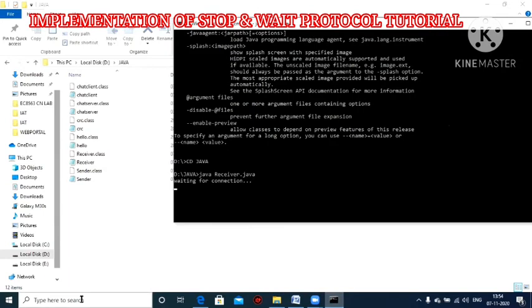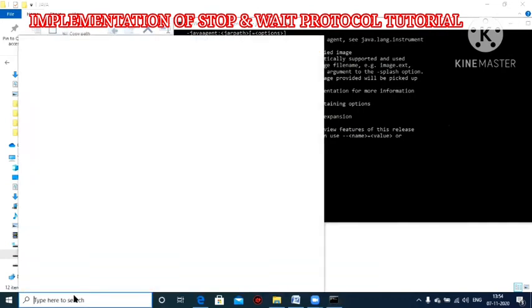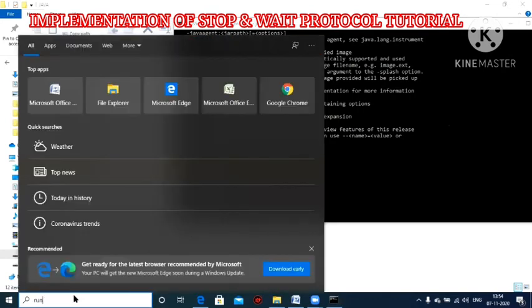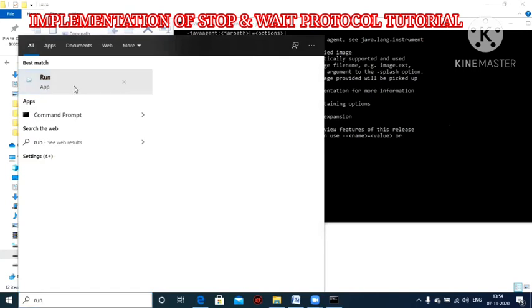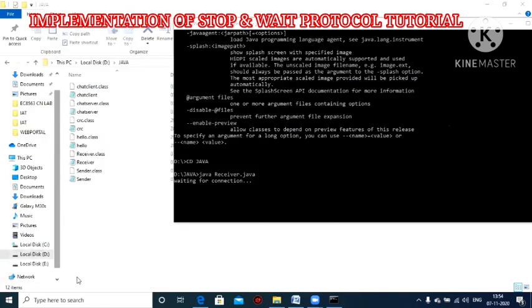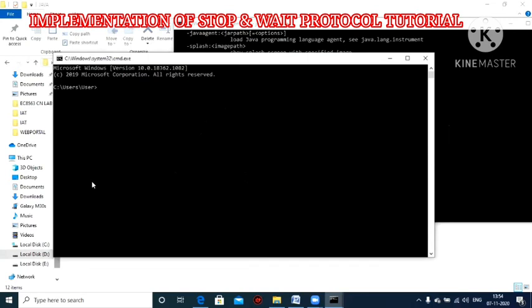Now I'm going to open one more command window. I open the command prompt. In the command prompt, change the drive as usual: cd dot dot, then cd dot dot, then D colon. Then cd space Java.